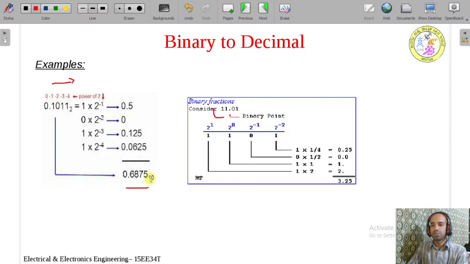So the same is applicable for this answer. You can try this example 1.1. So here it is. This is the integer part. You have to multiply this with the positive powers of 2 and these parts should be multiplied with the negative powers of 2. So it is given. These should be 0, 1 should be multiplied with the negative powers and 1, 1 should be multiplied with the positive powers. And then do the addition. So the answer is 3.25. This is the answer you are going to get. This is how we can convert any binary number into decimal number.